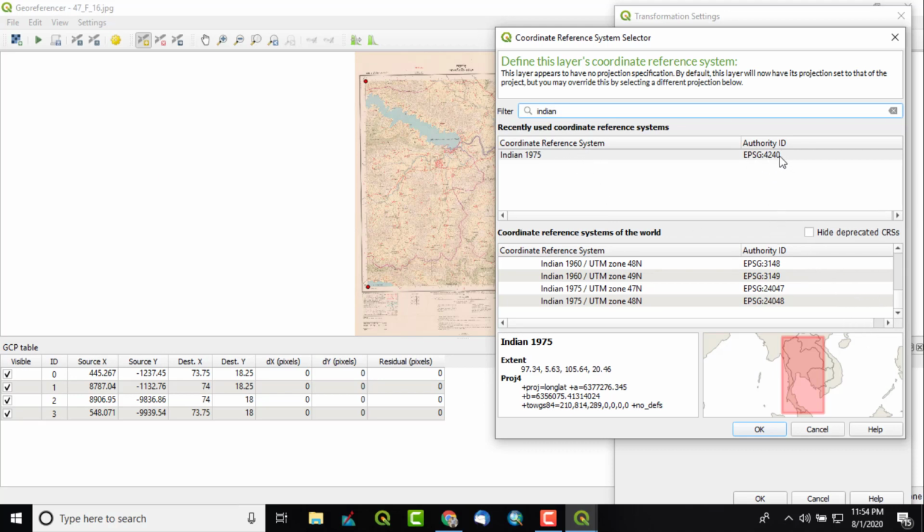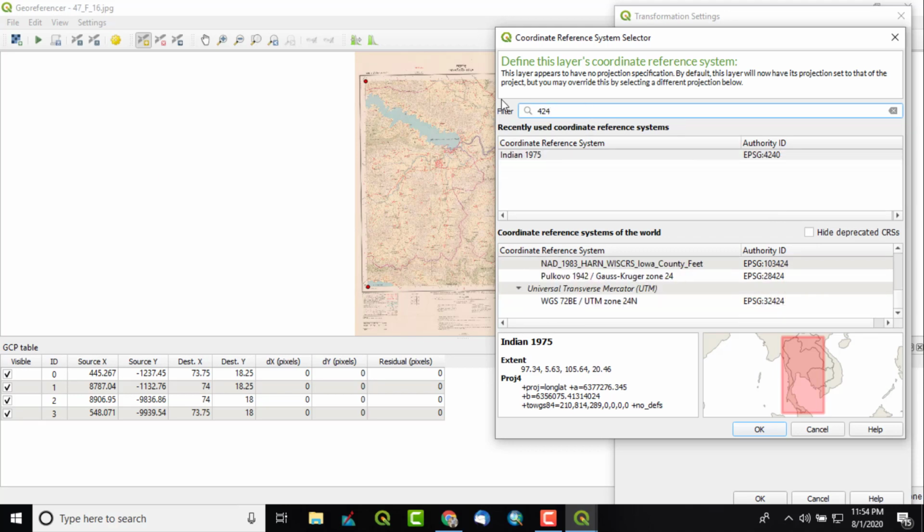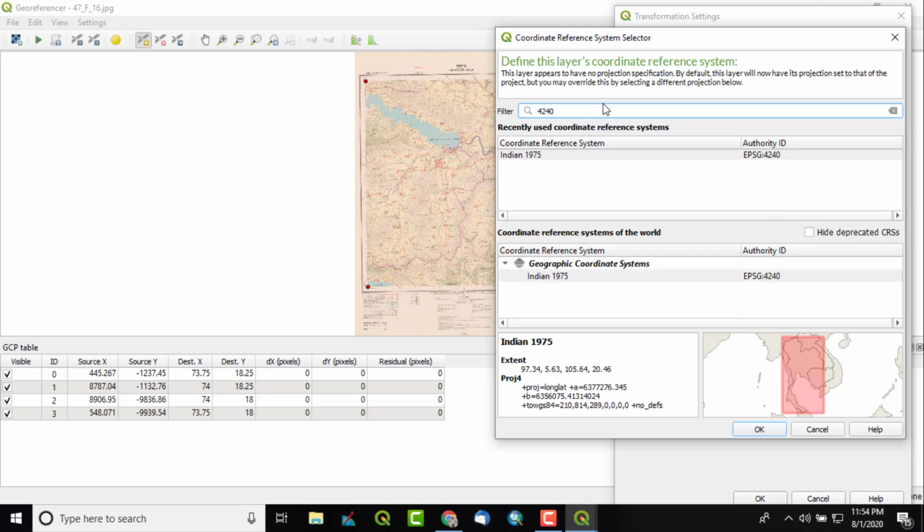And if you know this ID, 4240, it can also come up directly. Otherwise, I will type Indian. So it will come here, geographic coordinate system, Indian 1975, which is the coordinate system set for the Indian subcontinent. There are some others, but we'll take the recent one, Indian 1975.